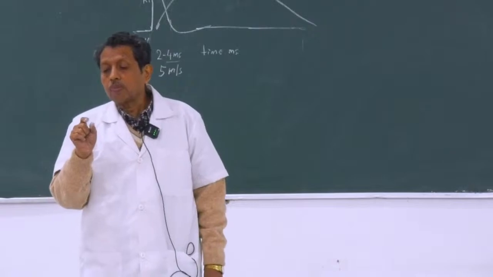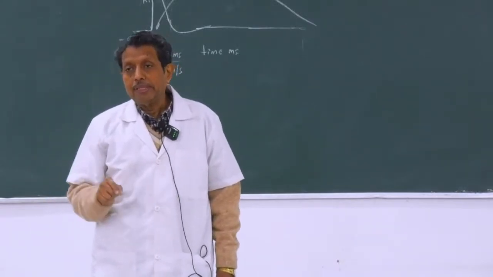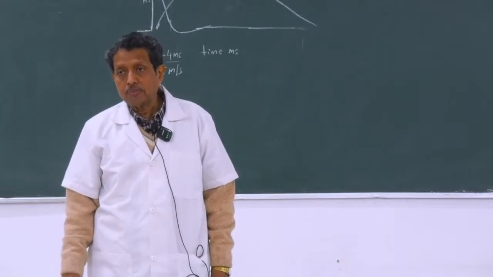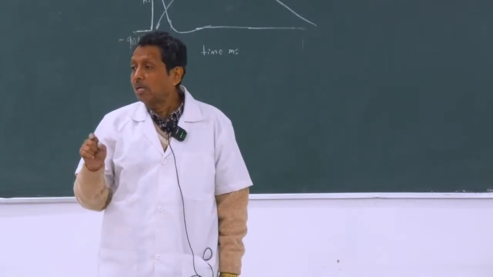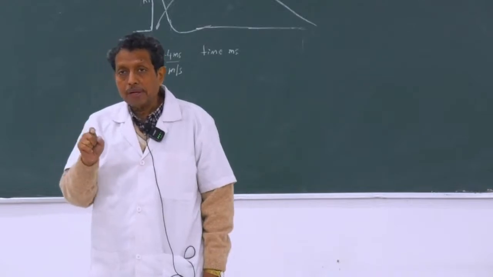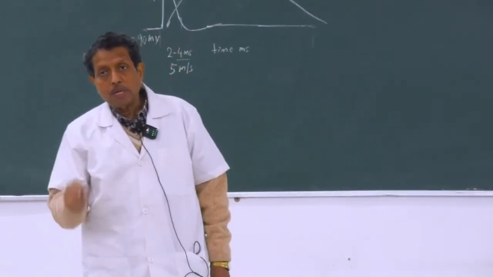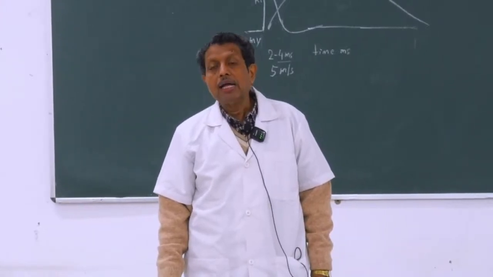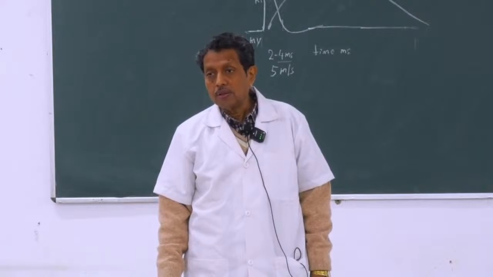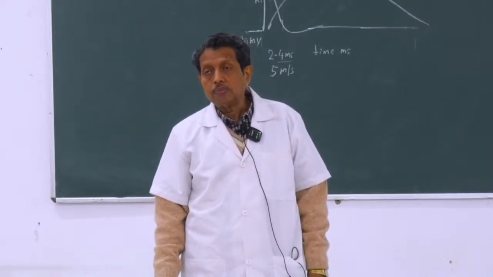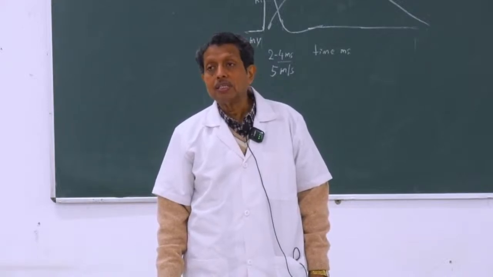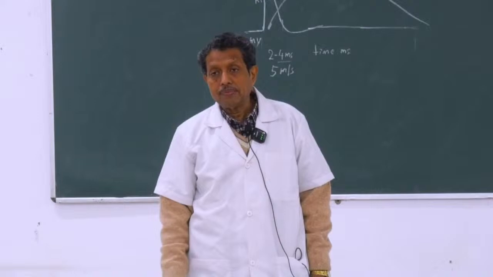In case of peripheral nerve, there is a term that is compound action potential. You can remember, in case of peripheral nerve, that is the multi-peaked action potential, and it is due to the presence of different types of fibers with different velocities. But so much difference does not occur in skeletal muscle.